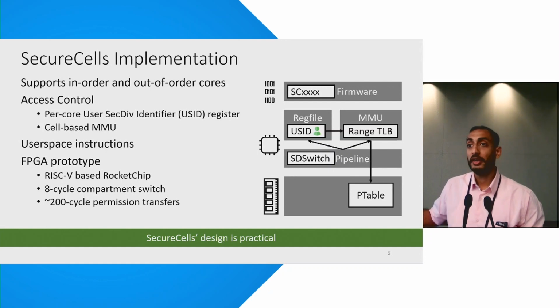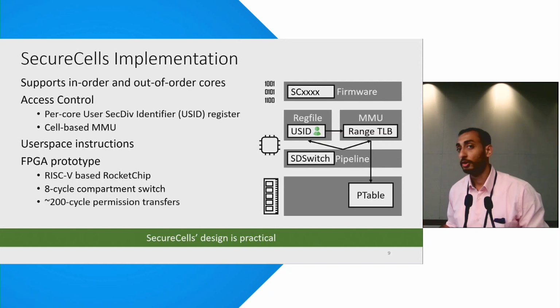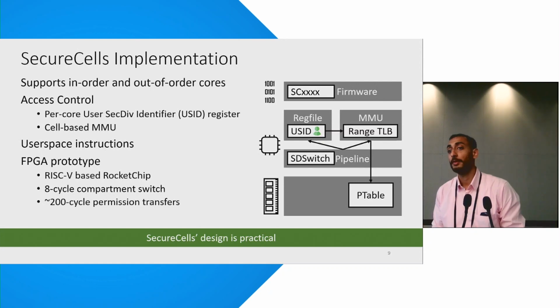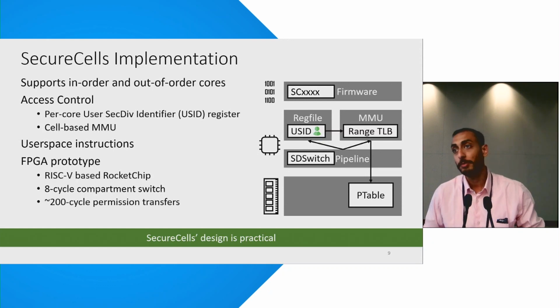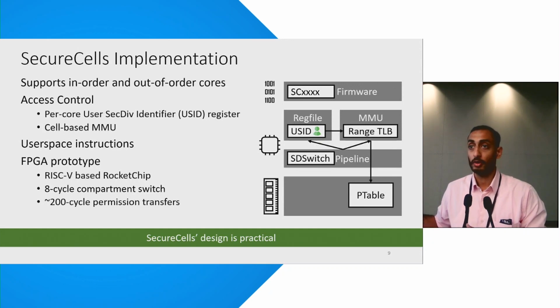We also have to modify the MMU in order to interact with a P table instead of traditional page tables. Finally, there are these user space instructions. For user space instructions, we can implement them through any combination of changes to the pipeline, microcode, or even firmware. We have built an FPGA prototype of SecureCells, which is based on a RISC-V-based in-order core called the Rocket